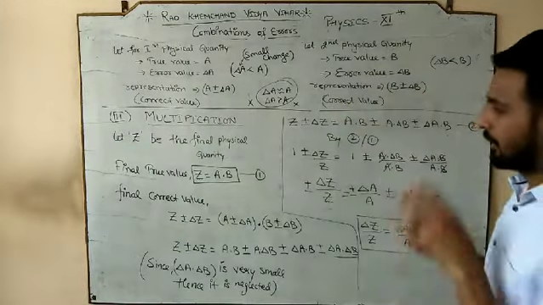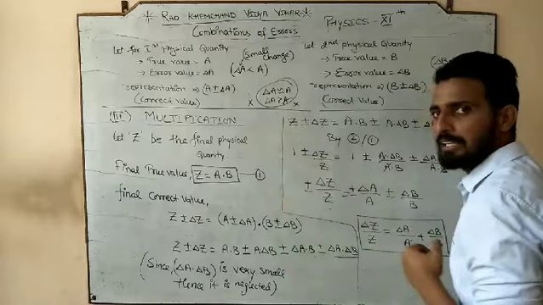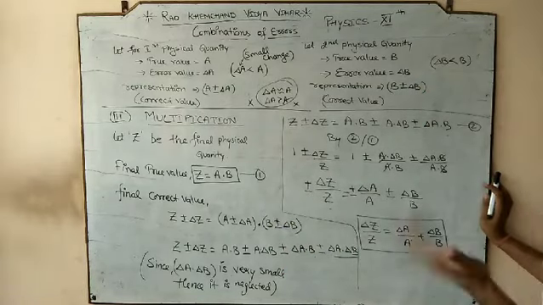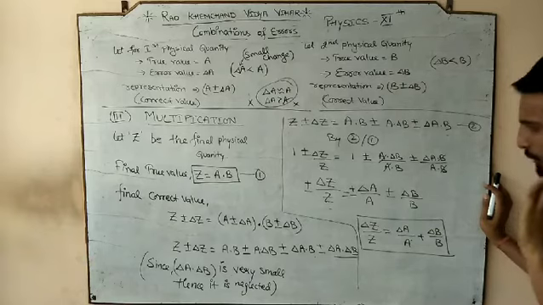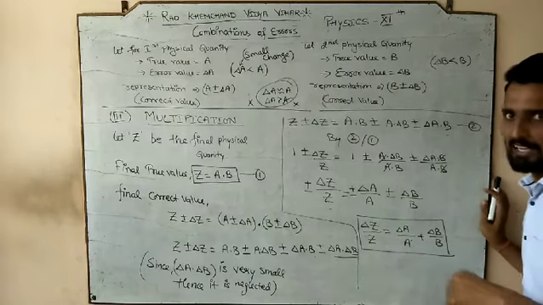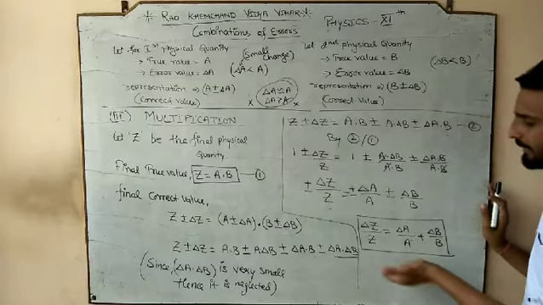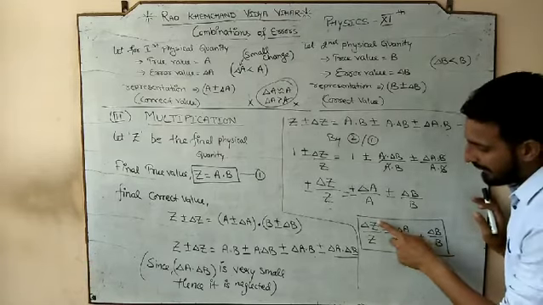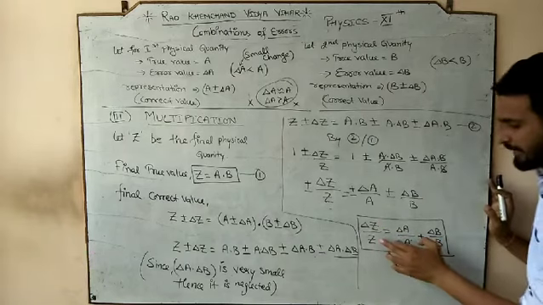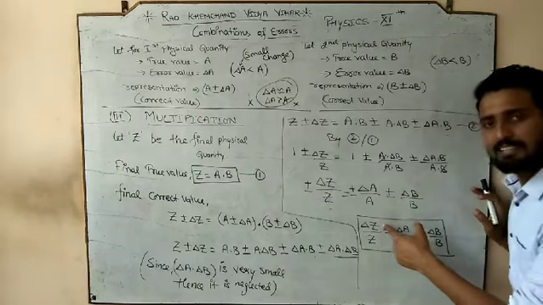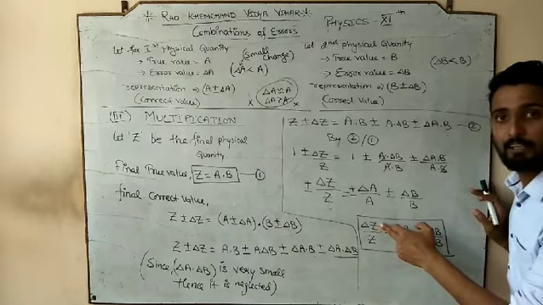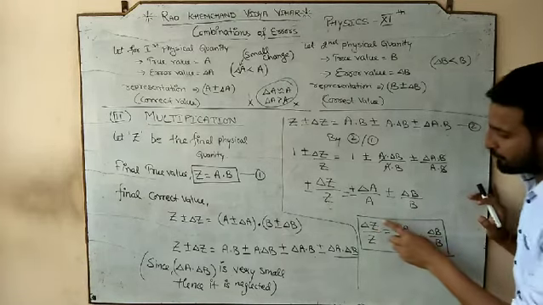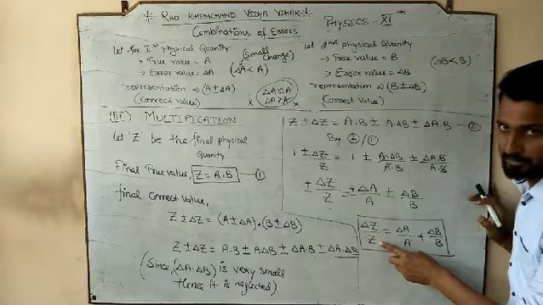And what do we learn? We learn that during the multiplication, the final true value is always multiplied. It means the true value always performs the same operation. But about the error, we do not get that the final error is the product of the two errors. Not like that. What did we get? Delta Z by Z. First of all, we have to understand that delta Z stands for the final error, divided by Z, which stands for the final true value. So, final error by final true value.